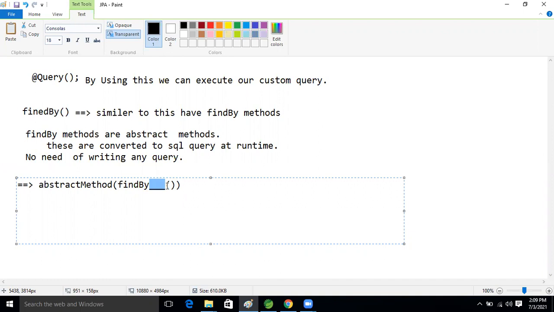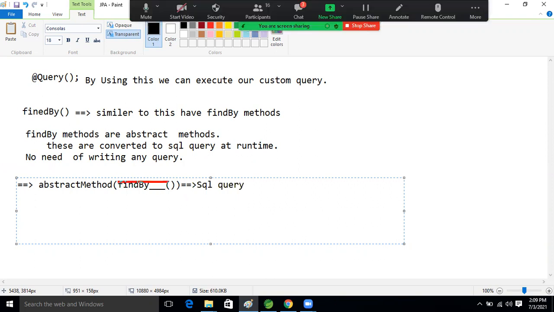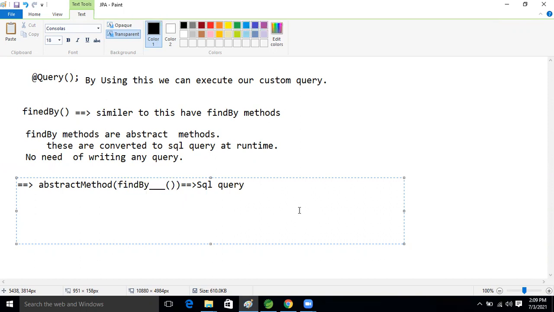We don't need to write a SQL query. This method itself will generate the SQL query at runtime.